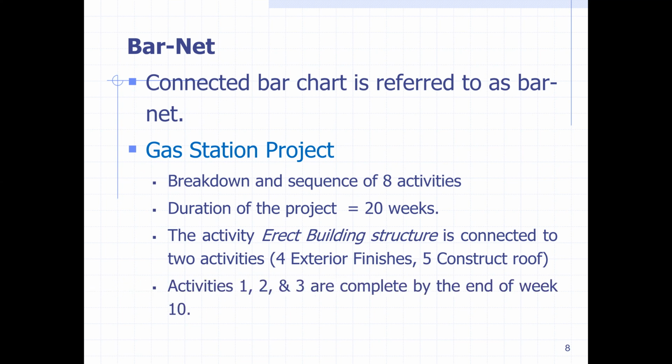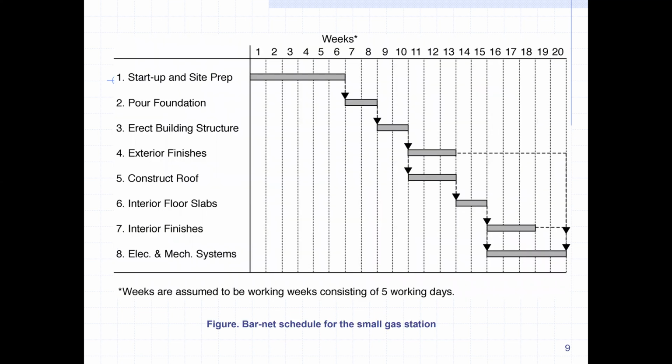Similarly, when we see the bar chart in the next slide, we will see that activities number 1, 2, and 3 are complete by the end of week number 10. We explained in the previous slide that activities number 1, 2, and 3 are complete by the end of week number 10. Okay? Those 3 activities are complete, and then when the building structure is complete, we can have 2 activities together. We can work on the exterior finishes, or we can work on the construct roof. Okay. So when this activity is complete, we can start interior floor slabs inside, and then interior finishes, and